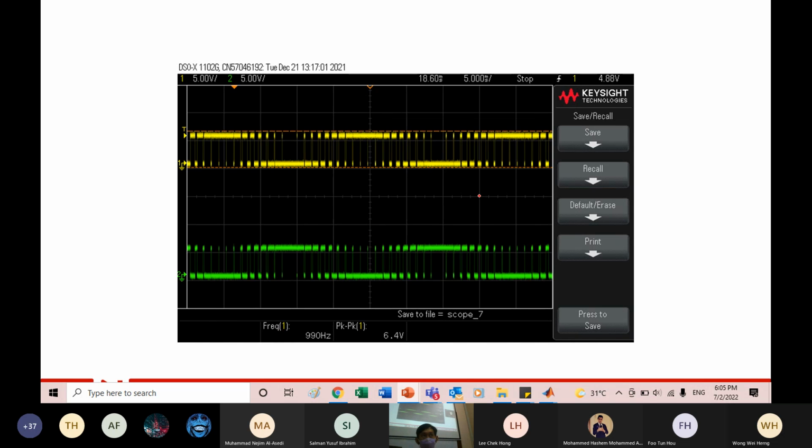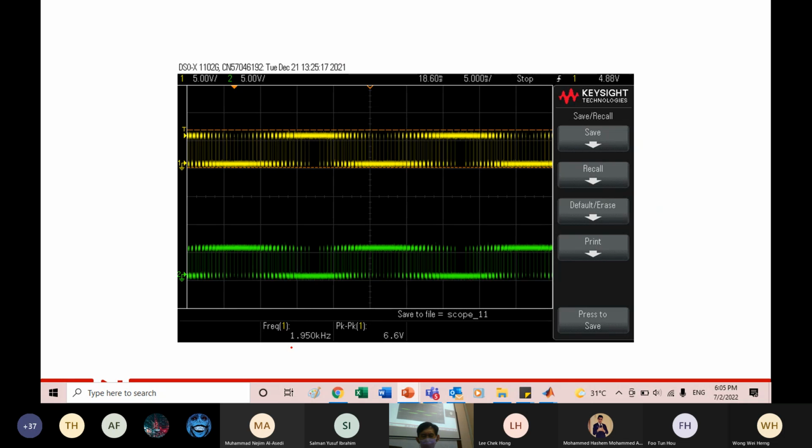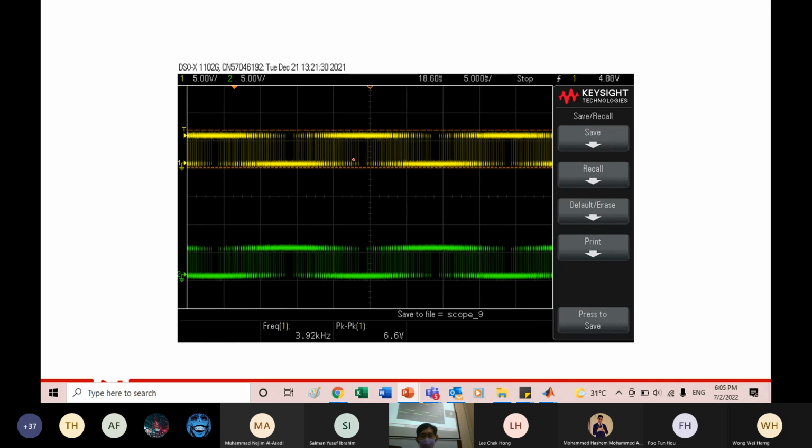This is the actual scope capture that I saved. You can see the date is 2021; I got it done during December. The frequency is 990 Hertz, slightly higher than 500, but you still can see the modulation, the pieces that it chopped. Of course, as I increase to 1.9 kilohertz, you can see it becomes denser, then 3.9 kilohertz,